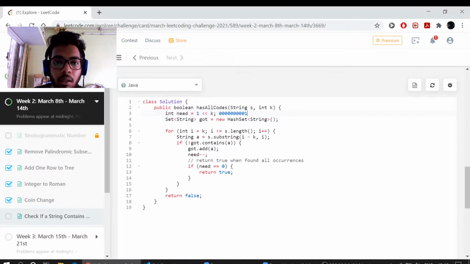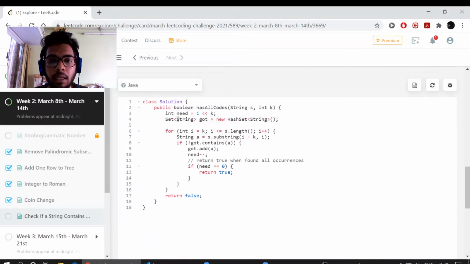And now we are left shifting it k times. So let's take k as 3. So this is 1, 2 and 3, and because we left shifted, the last digits become 0. So we have 8, which we were looking for, and that is how this works. We need 8 if k is 3, otherwise we need 2 to the power k unique binary codes in our hash set.